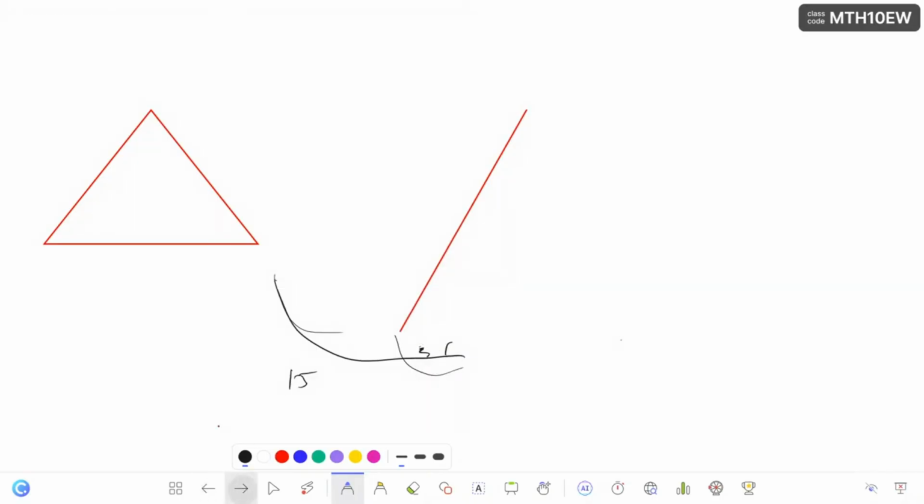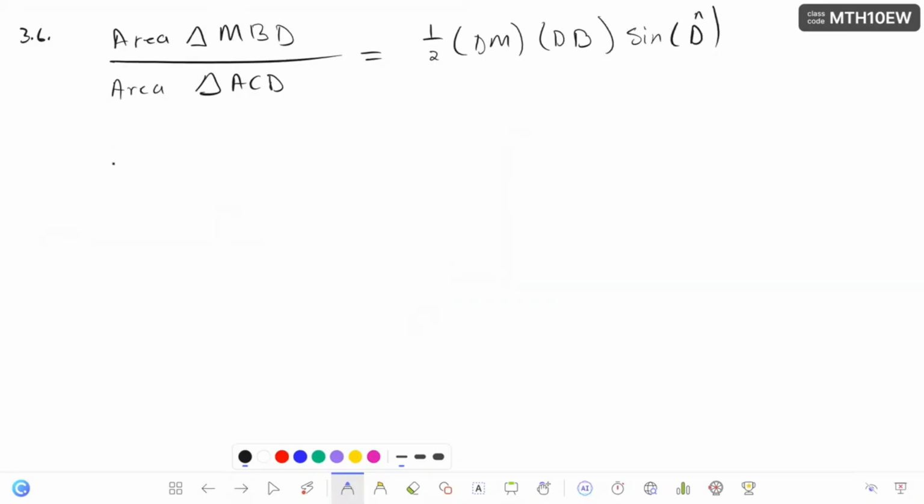And we already calculated that the ratio of dB over dC is equal to 5 over 15. So we can simply say